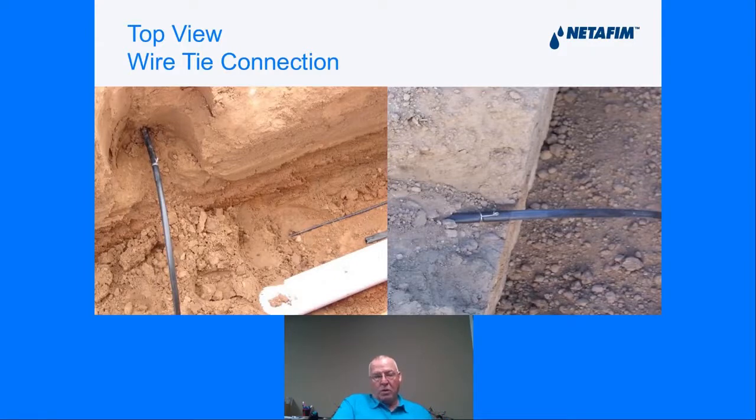riser, which is a poly tube, is inserted inside the dripper line, and it goes past that dirt line 4 to 6 inches into the soil, and that way it supports that riser, and it doesn't allow that riser to kink in the backfill process. And so